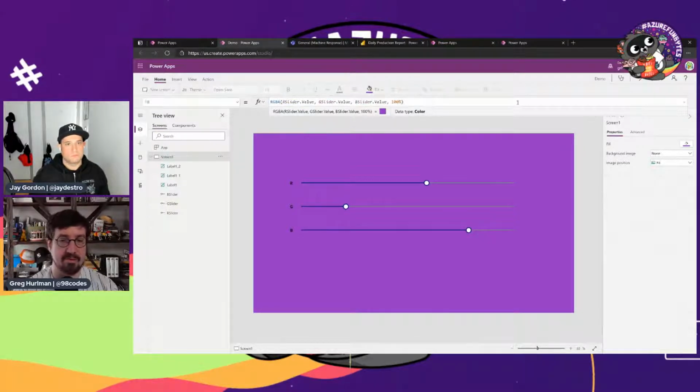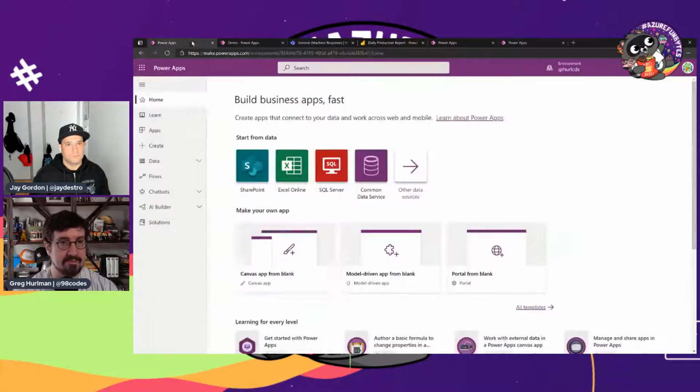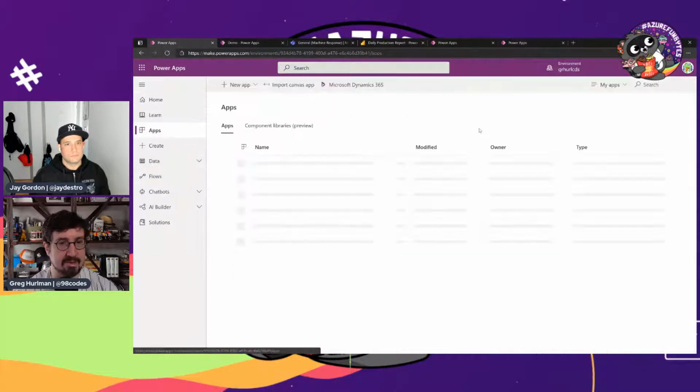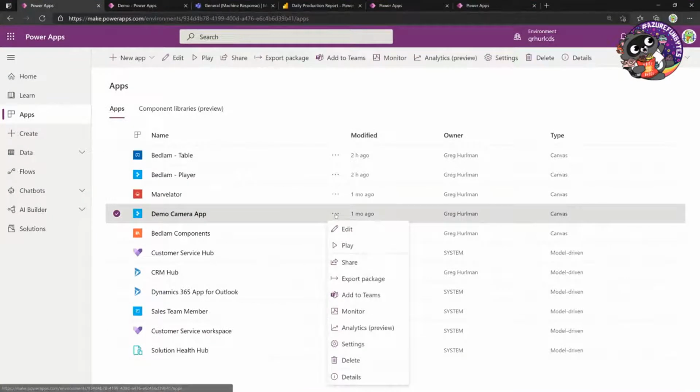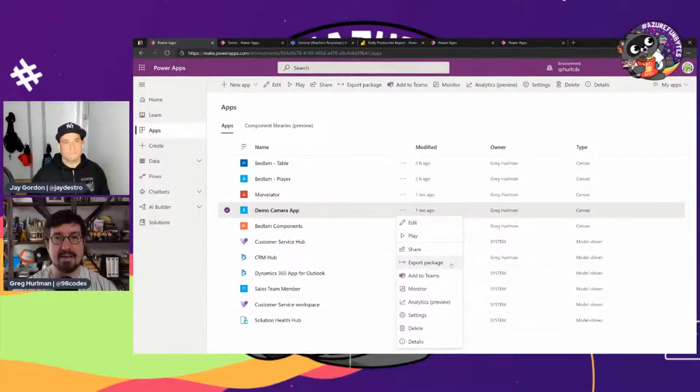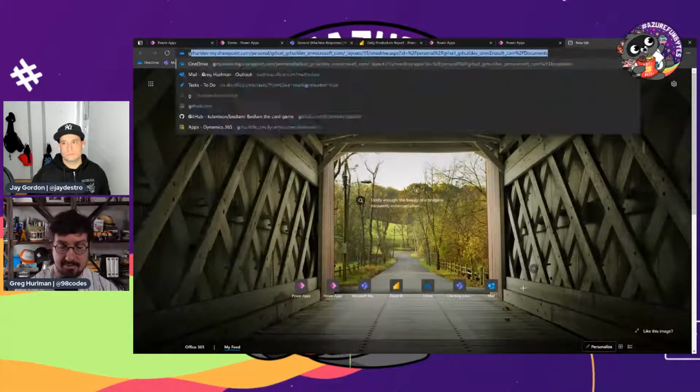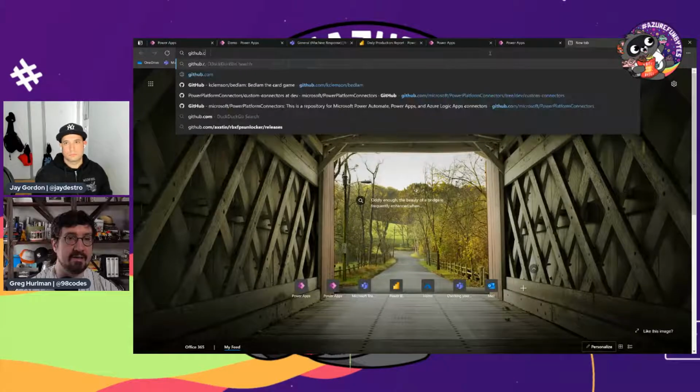There is. If you save your app, if I come back here and look at maybe one of my other apps that I've got created, you can take the app, click on the dots, and export the app. That'll give you a zip file, and then you can unzip that file and check it into source control. And right now in kind of we'll call it preview, because we're not there yet, and this is just